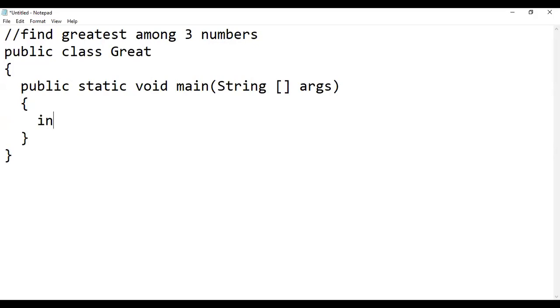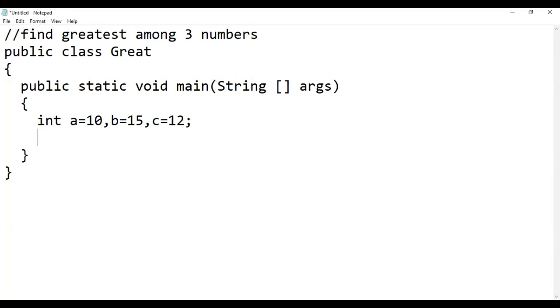So now I'm declaring three variables, A having value 10, B having value 15, and C having value 20.